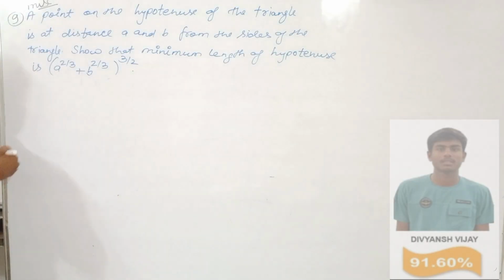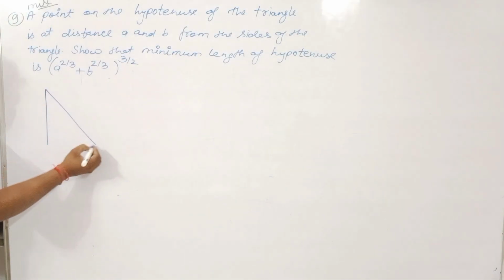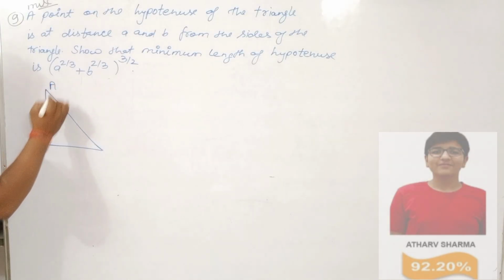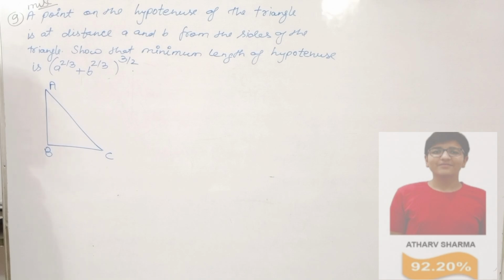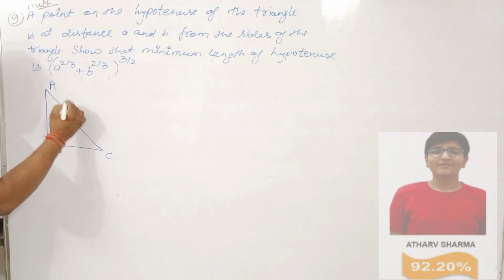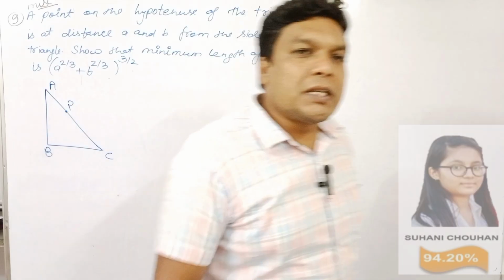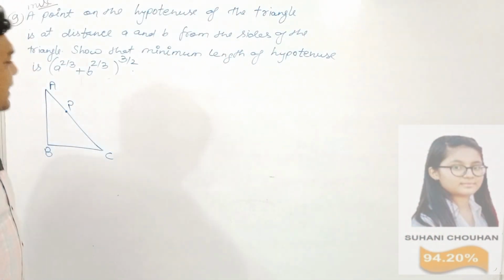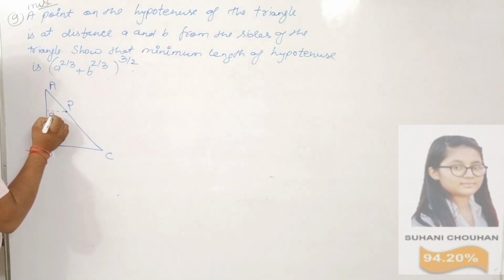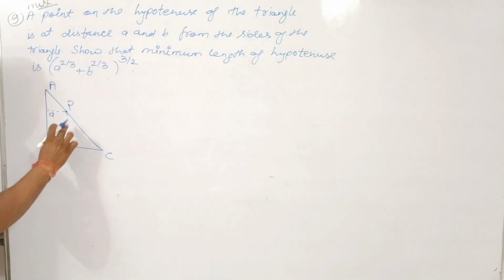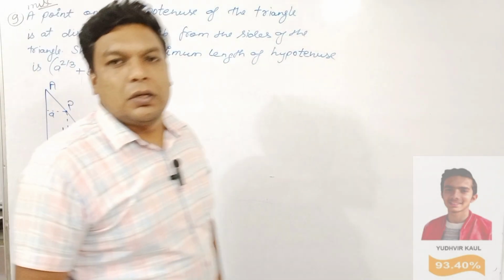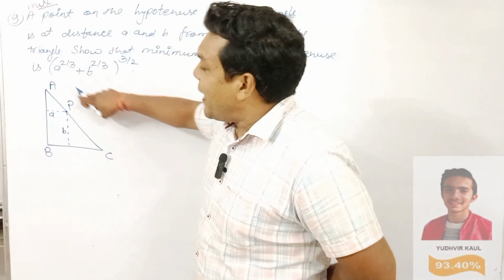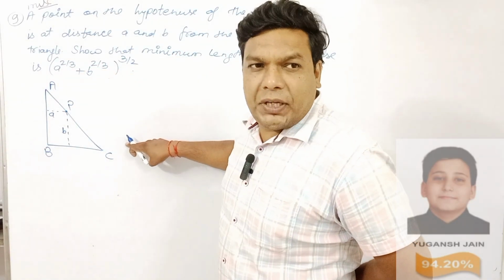Okay, so let's start. Look here. We are given a right angle triangle, because hypotenuse is given, that means right angle triangle. There is a point on the hypotenuse. This point may be anywhere, point P. And what is given about this point? It is at distance small a and small b from the sides. So say this distance is small a and this distance is small b. Always this will be considered distance. Now we need to find AP and PC to find this length AC, length of hypotenuse.